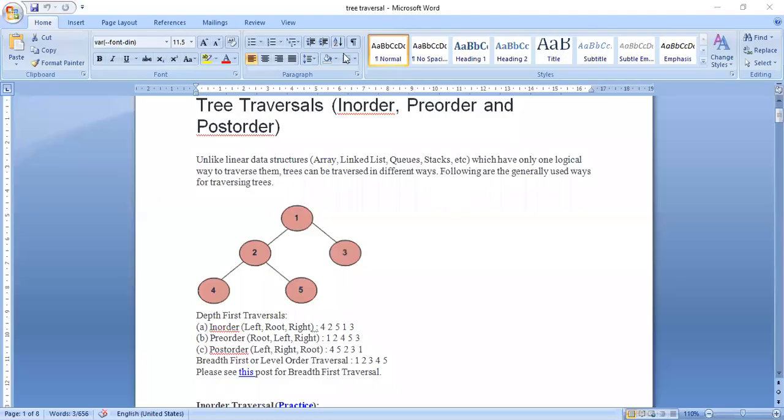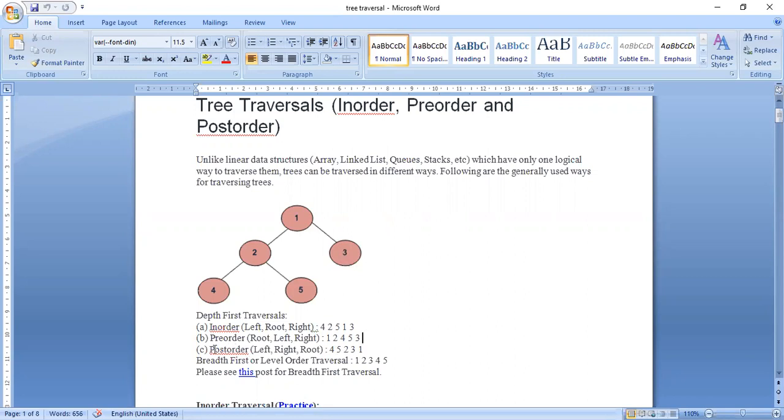So you can see 2, 4, 5. Next, first the root node is visited, so 1 is visited. Next, the left subtree is visited. Next, what will I visit? The right subtree or right child. But here we can see only a right child, there is no right subtree. In the left, I can see a left subtree, not a left child. So instead of a right subtree, there is a right child, so automatically there is one node, and I will visit that, 3.